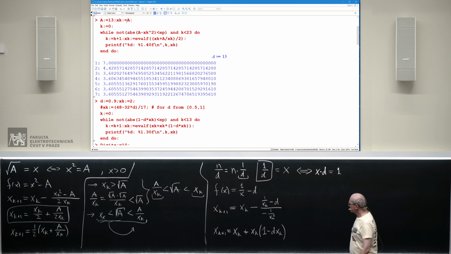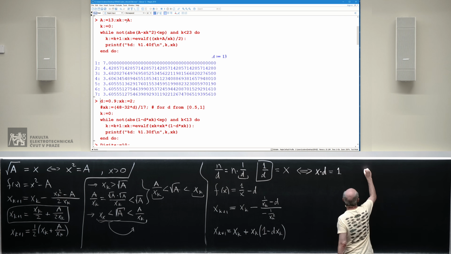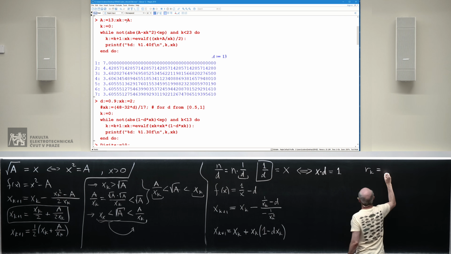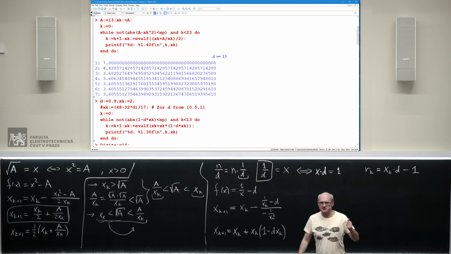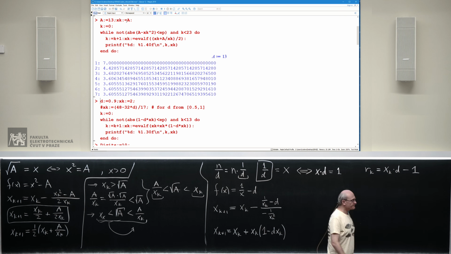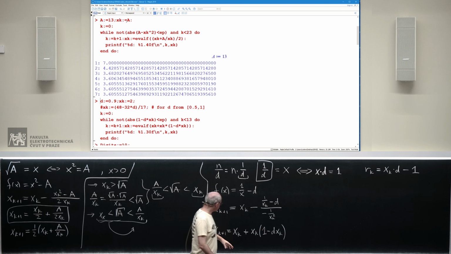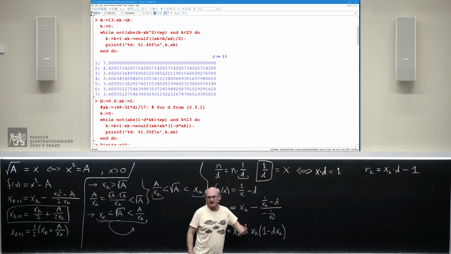Now notice that in this expression over here, we actually have the residual. The residual asks how much xk is failing in this job. If xk is the right answer, then this number should be 0, the residual. So we are taking essentially our previous guess, and then we modify it by the residual, by the failure, which